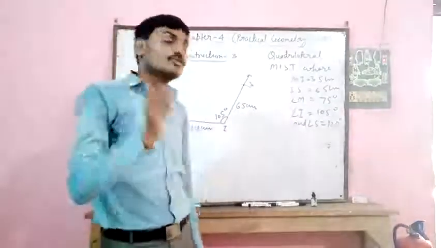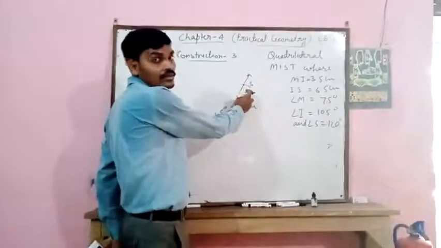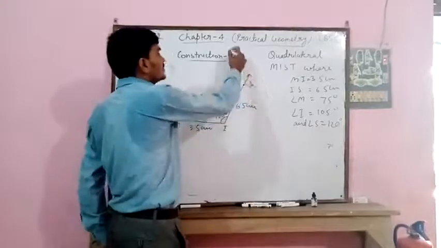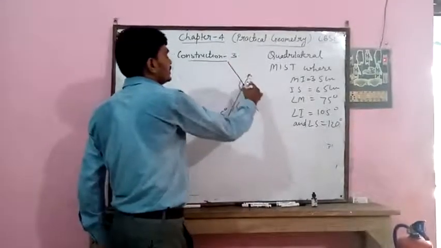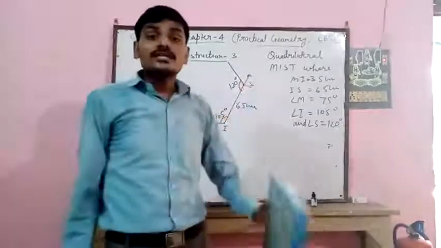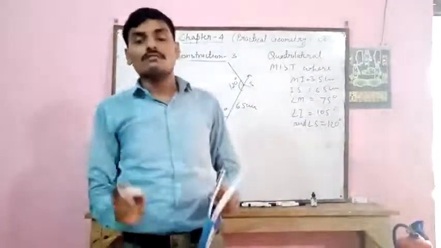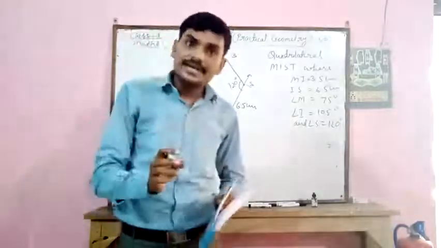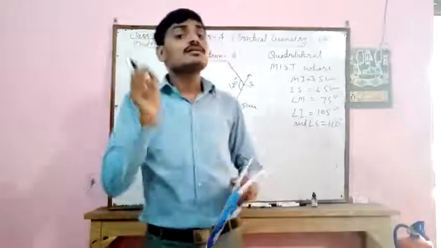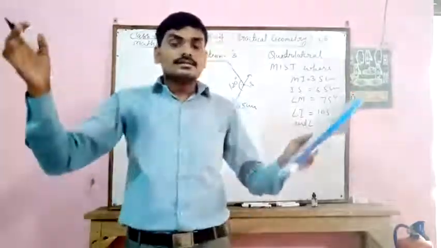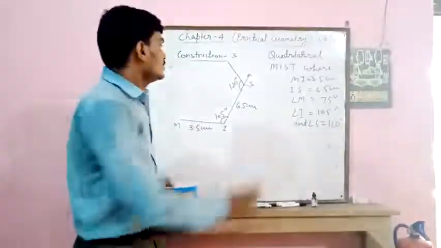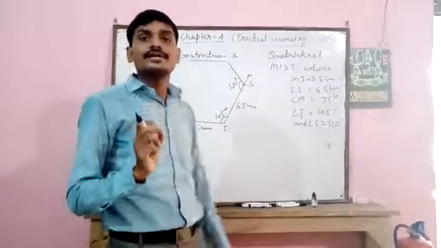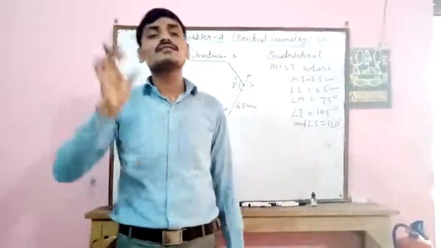Now you have to locate the angle S that is 120 degree. So you have to draw the 120 degree at S. This is your 120 degree. For construction of 120 degree with the help of compass and ruler, first of all you should draw 90 degree. After that you should draw 30 degree. Then this angle will be your 120 degree. Then you will get the 120 degree with the help of ruler and compass only.